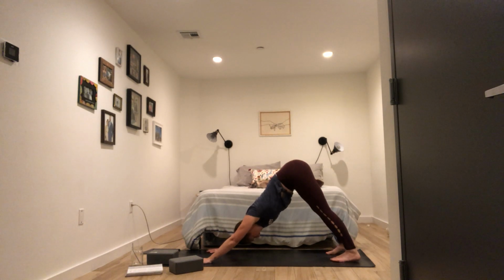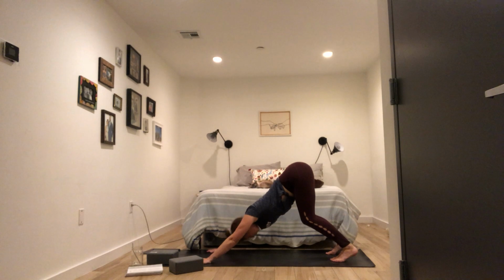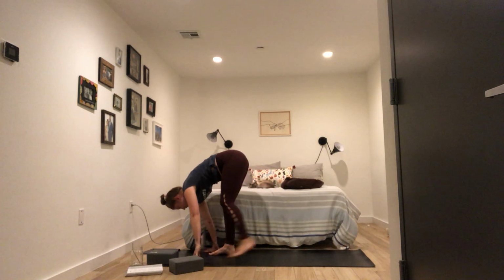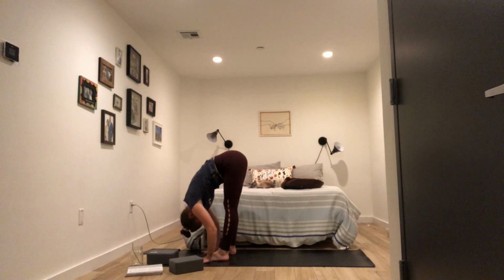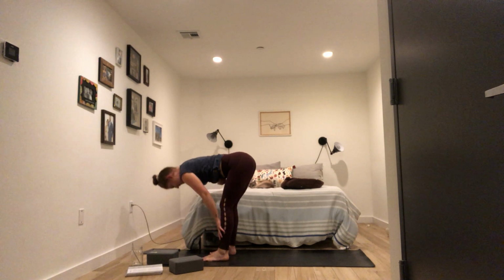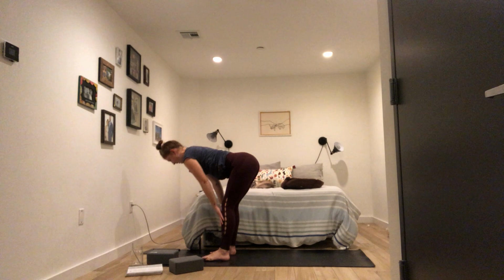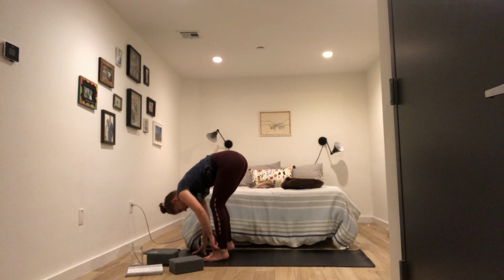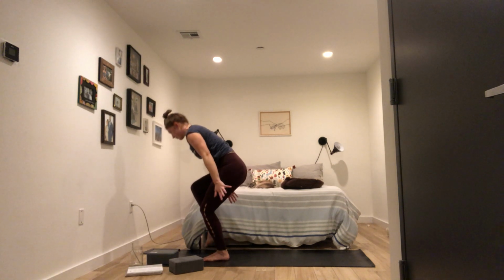Find length in your spine, lengthen your legs. Inhale, soften both knees, look forward. Exhale, walk your feet forward, lightly hop to the top of your mat into your forward fold. Inhale, halfway lift, find length in your spine. Exhale, fold. Inhale, single leg mountain, this time shift to your left and slowly pull your right knee all the way up,